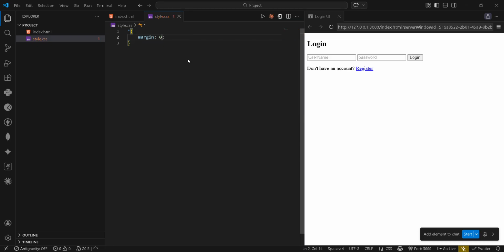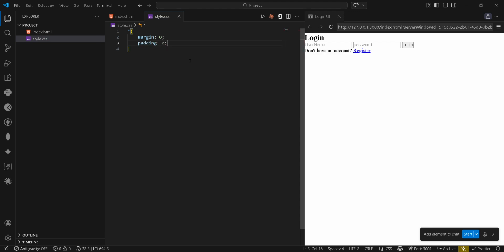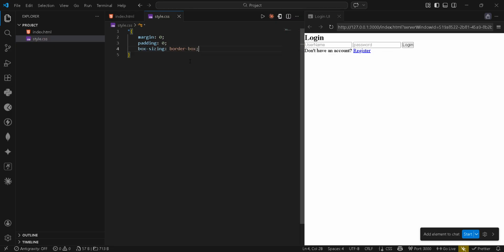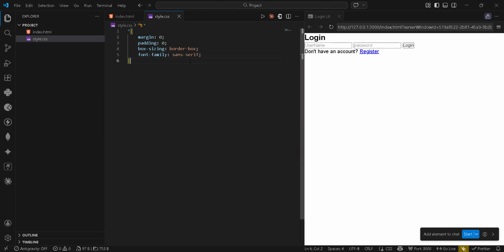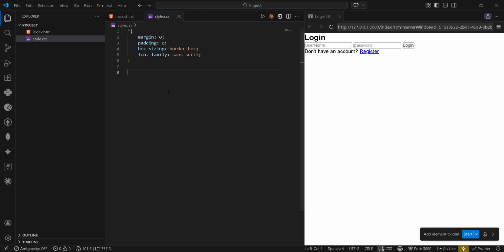margin 0 and padding equal to 0. Then box-sizing border-box, font-family sans-serif. Then for this part, we give CSS for body: height 100vh, give background